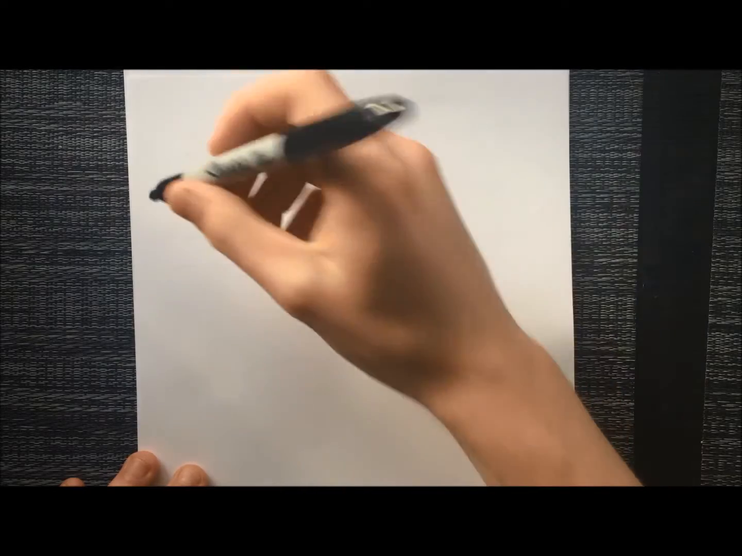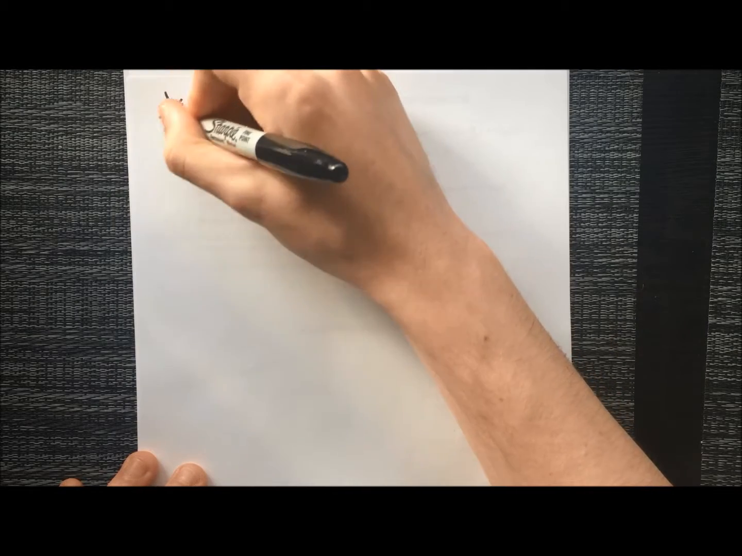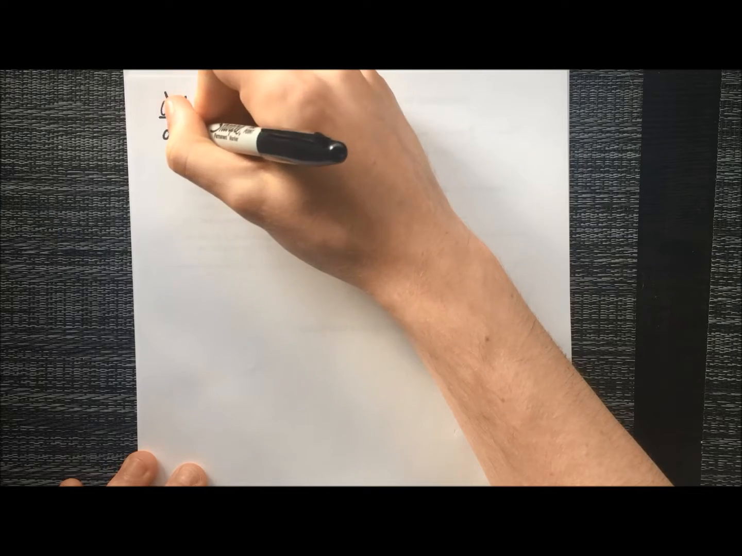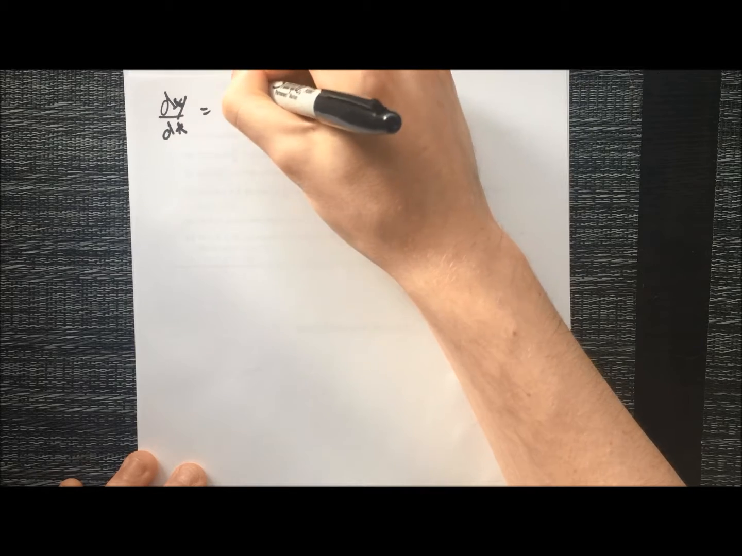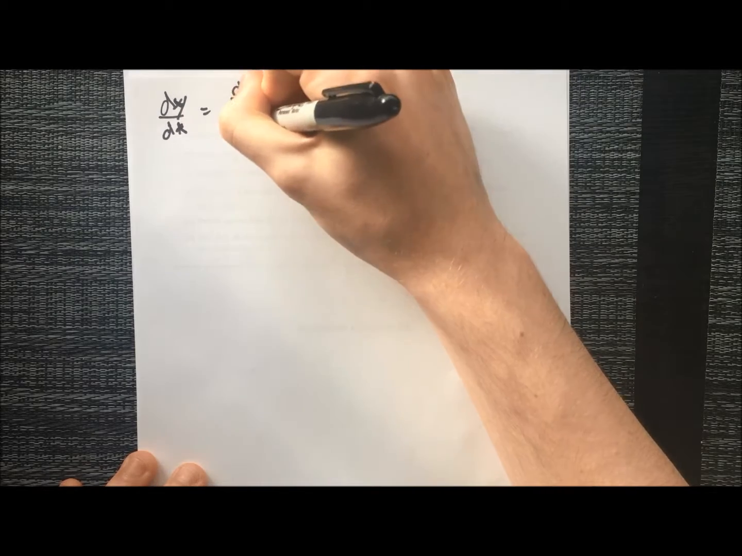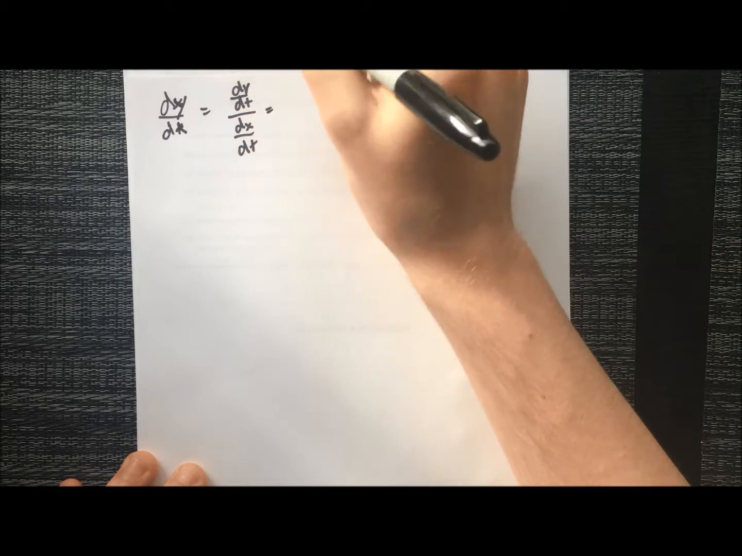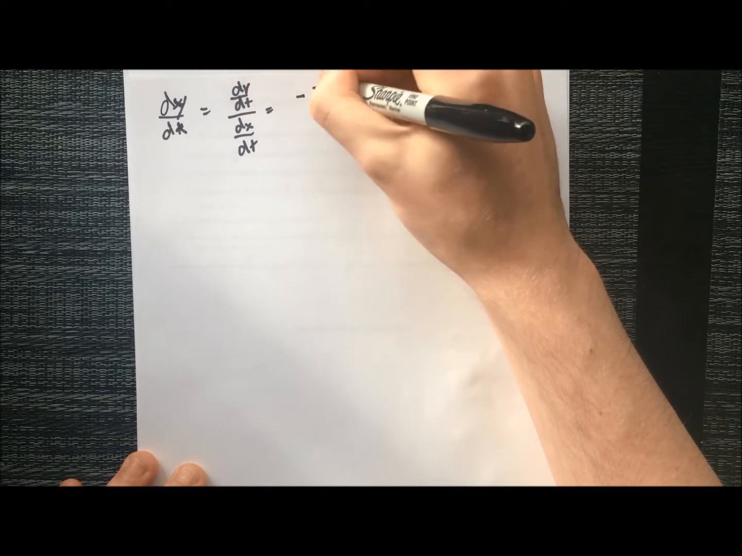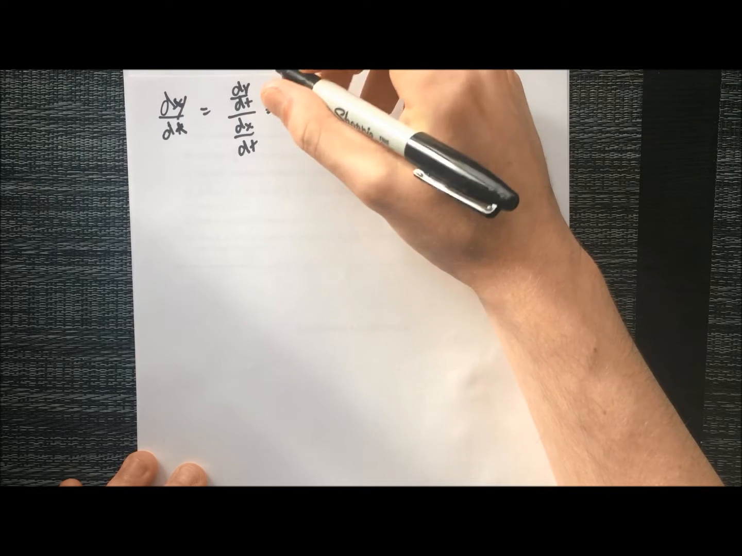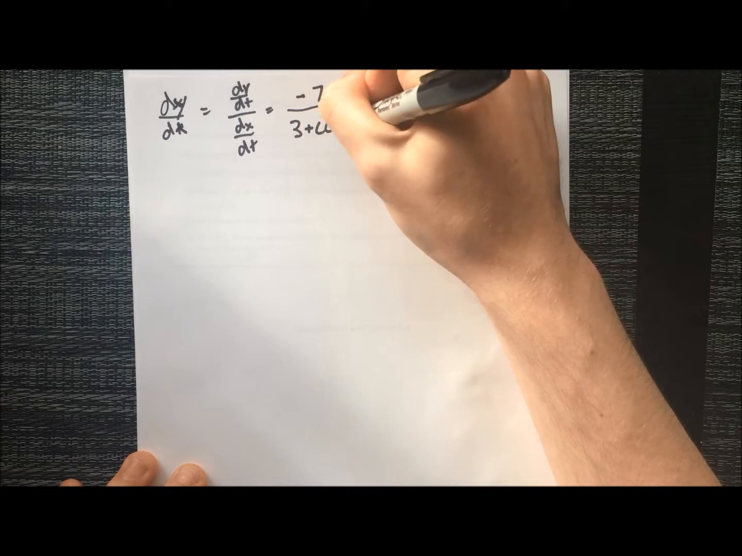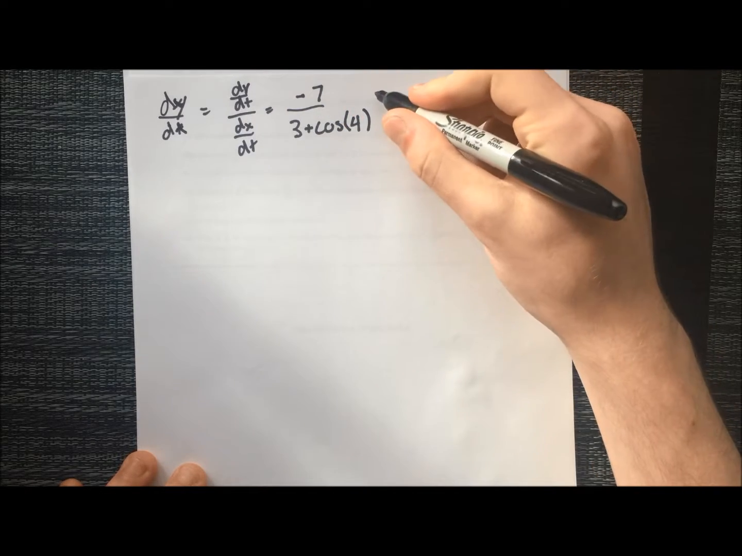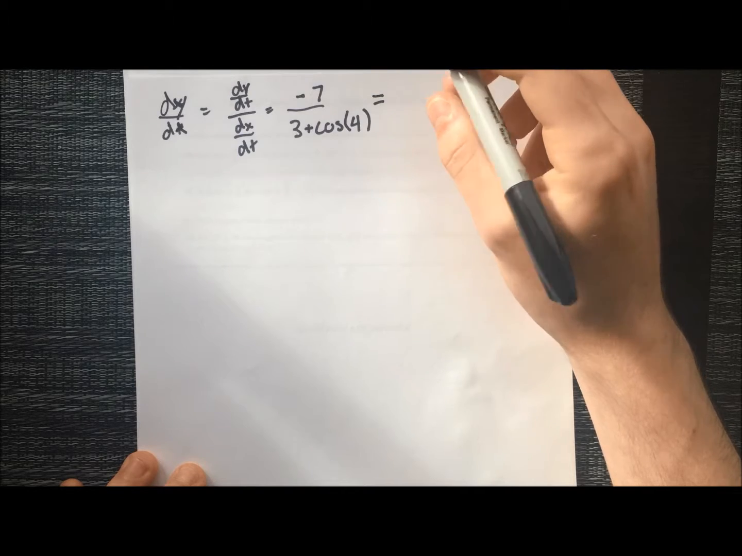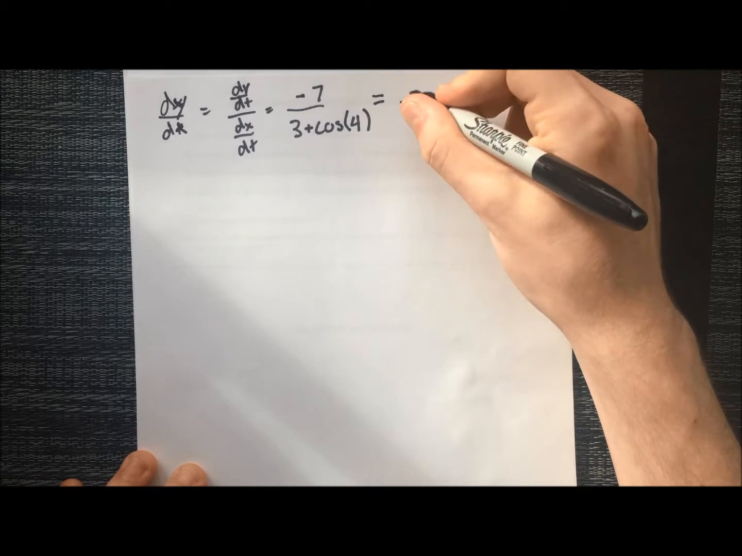Given this information, we can determine that dy over dx equals dy over dt over dx over dt, which is the same as negative 7 over 3 plus cosine of 2 squared, which is 4. Therefore, we can find our slope of negative